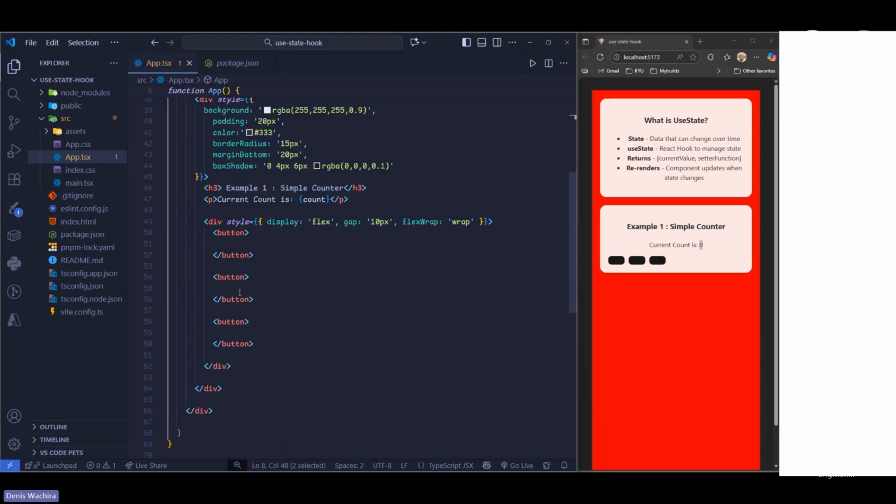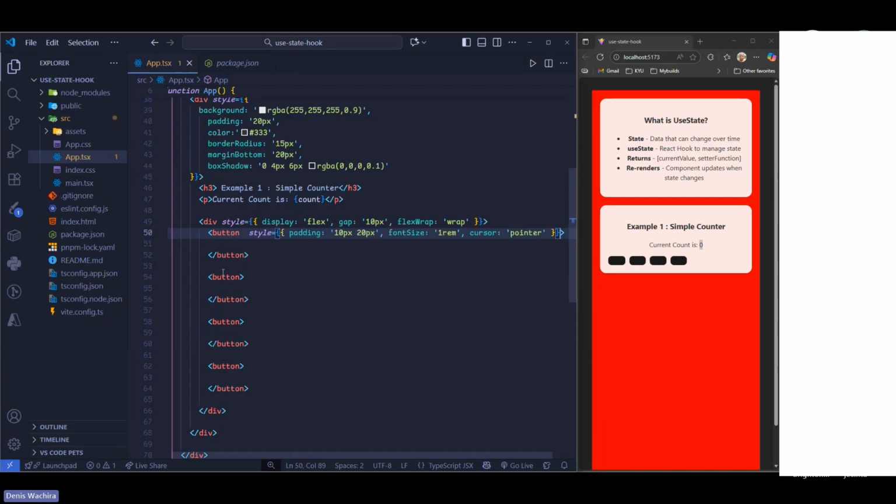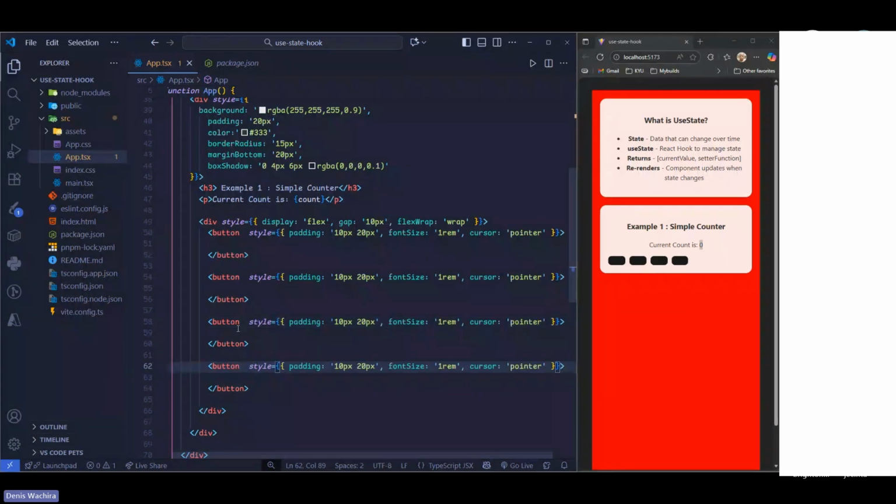Then do we need another button, maybe to double the value? Because it's mathematics. So we'll have these 4 buttons for doing that. For the styles, let me add these as quickly as possible. We have a style for that button, and we need a style for this button also, then the same for this button and this one. They're just styles to make our buttons